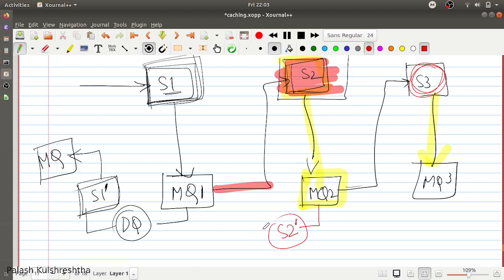Then it is going to undo the work done by service 1, and then publish that in MQ. Or rather, once the work of service 2 has been undone or complemented, you can push that message in the dead letter queue for MQ1. Then this dead letter queue is going to handle the revert of service 1's operation, and then it is going to be processed.